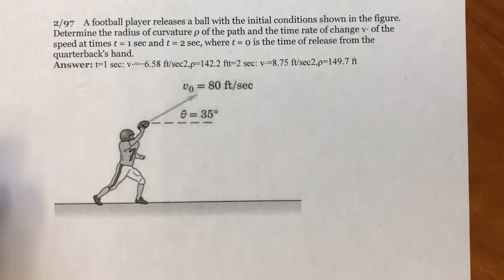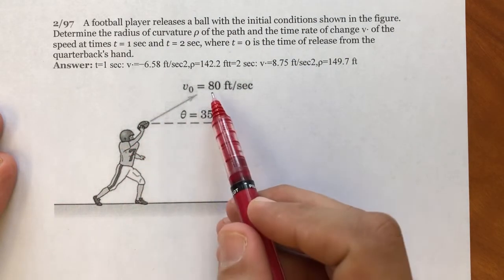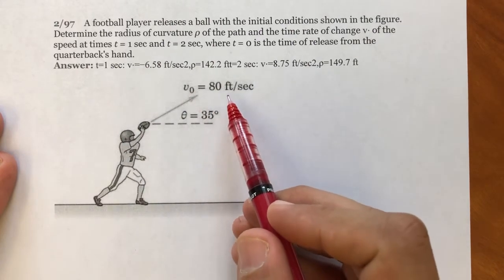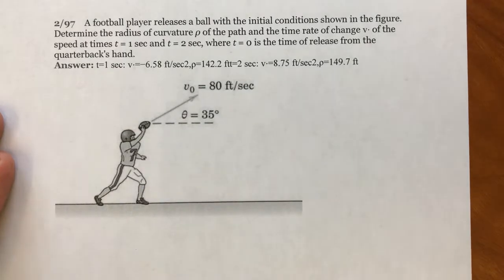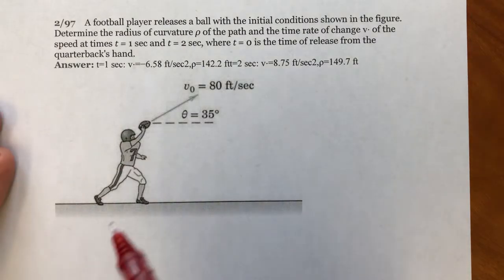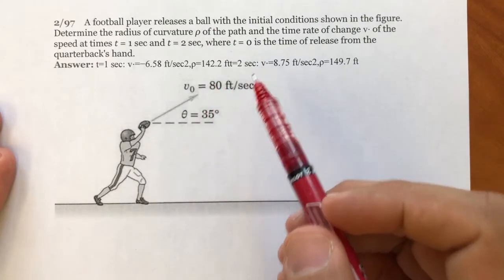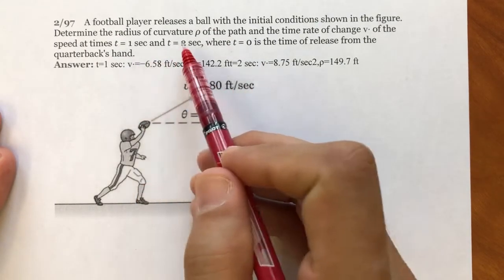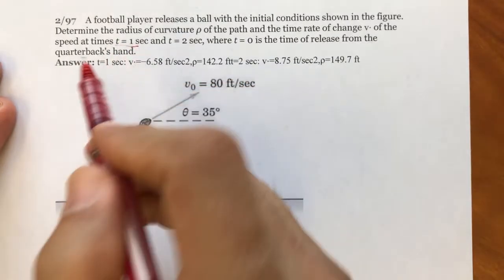Another example, here we have this football player, who is throwing this ball with an initial velocity of 80 foot per second, in this direction, 35 degrees from the horizontal. And the question is, what is v dot? What is the change in the speed? And also what is rho, the radius of curvature, when time is equal to 1 and also time is equal to 2. I'm going to solve it for one of them, like t is equal to 1, and you can